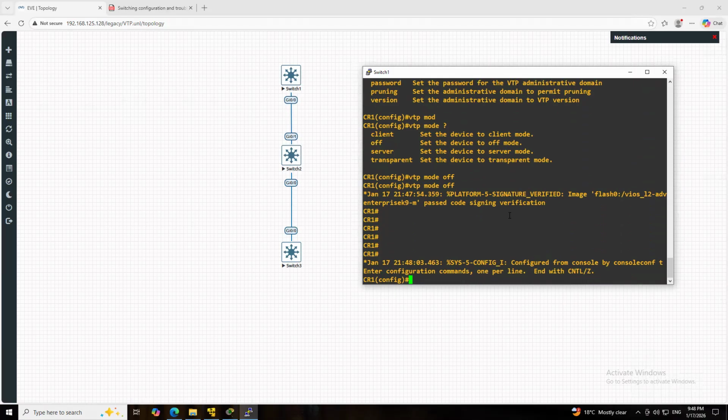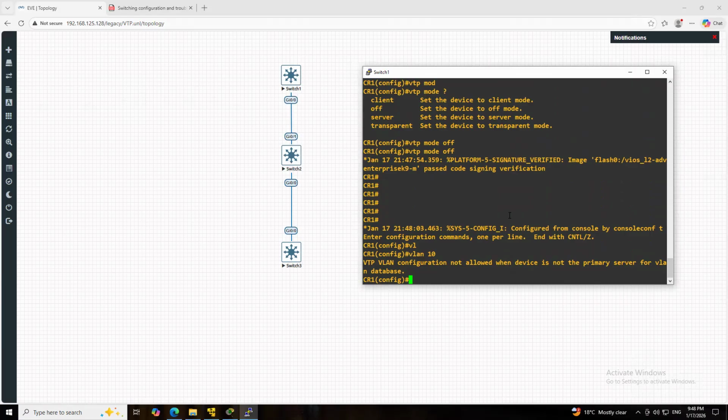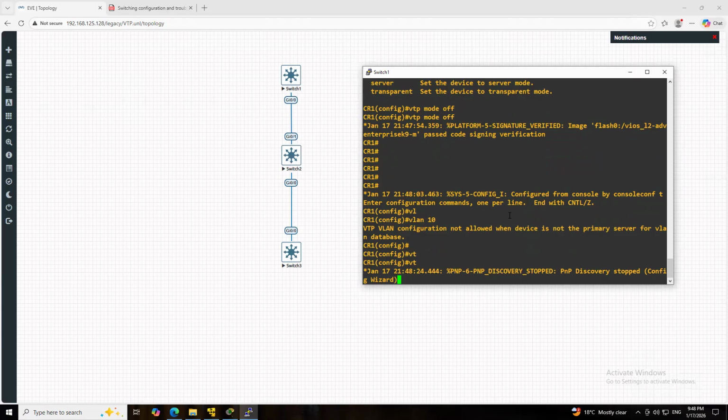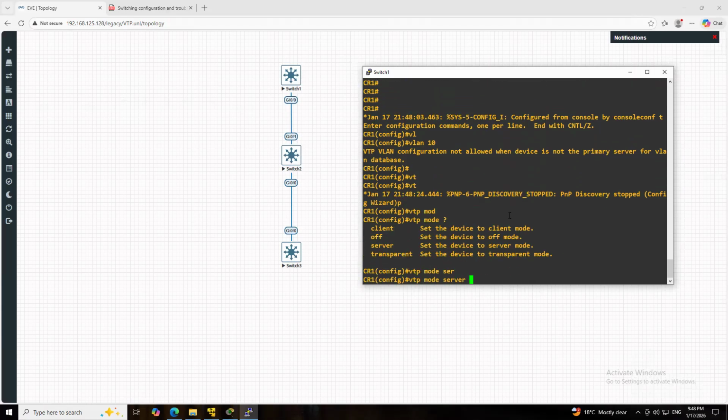But now I'm just going to create a couple of VLANs, VLAN 10. Error: VTP VLAN configuration not allowed when device is not the primary server for the VLAN database. Okay, VTP mode server.